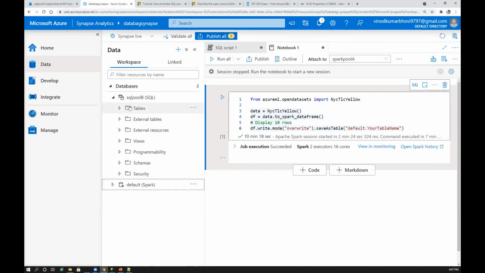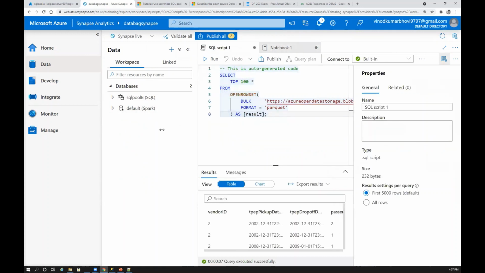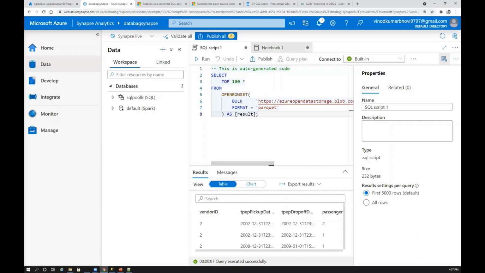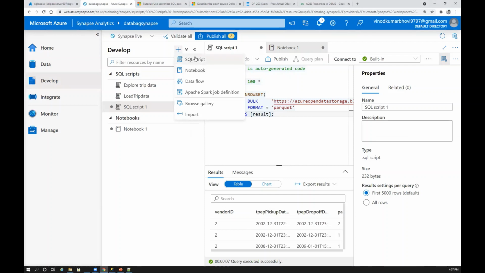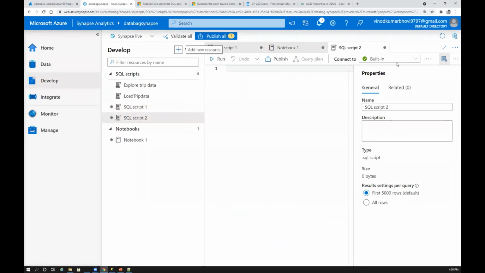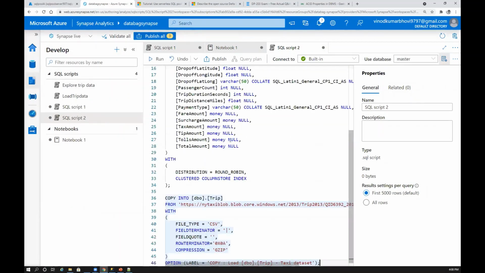So once you set up this entire thing, let's say now you want to run some query. I think I already have some queries which I've picked. Let me copy this one and let's try to develop a new script. We are trying to do a SQL script. So you click on New, and I'm pasting this code.